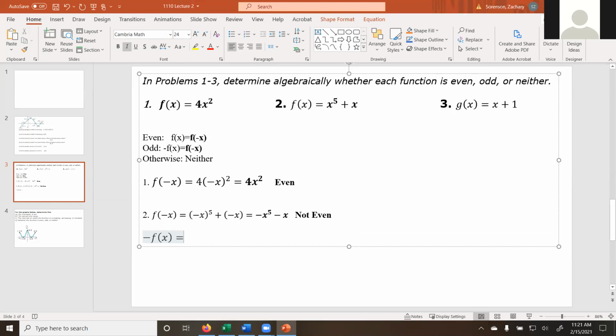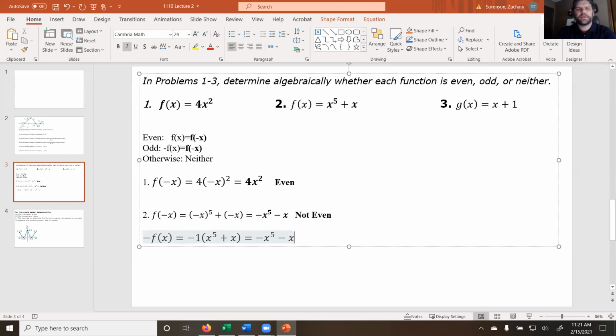Would you multiply the entire original equation by -1? Perfect. So my original equation is x to the 5th plus x. If I multiply both terms by -1, I get negative x to the 5th